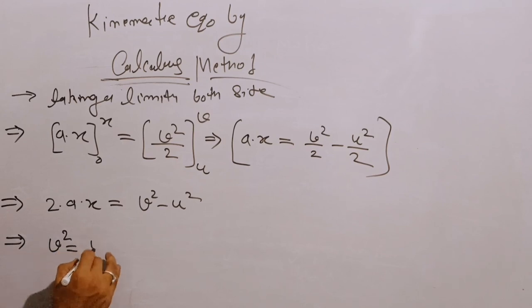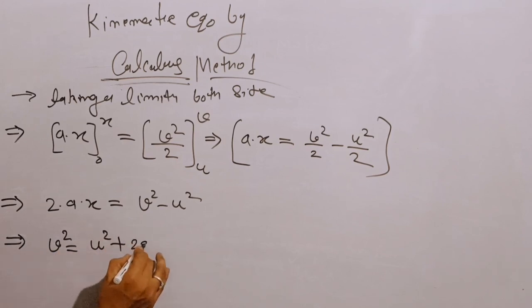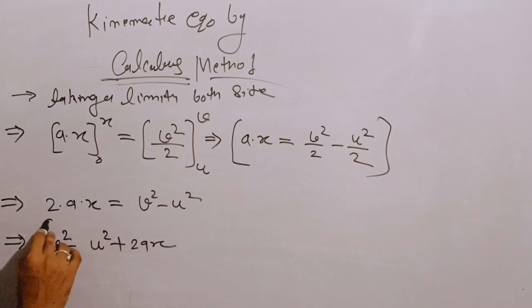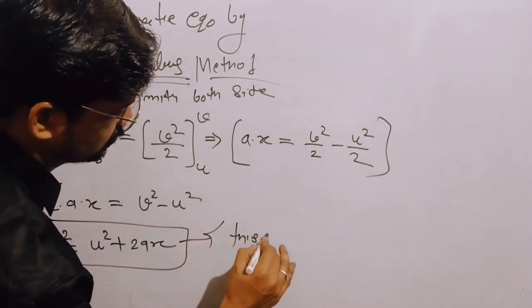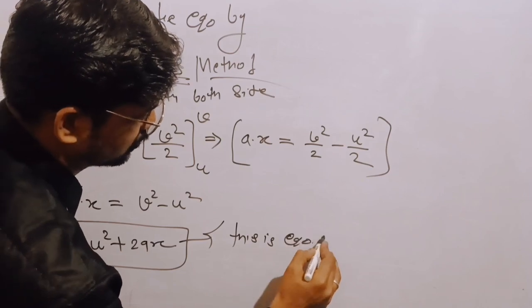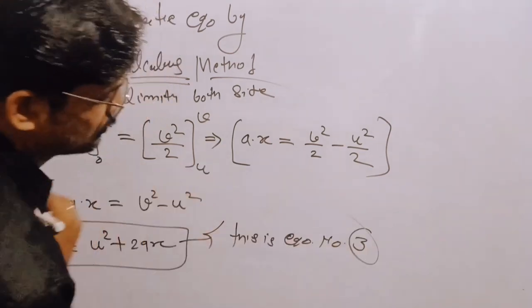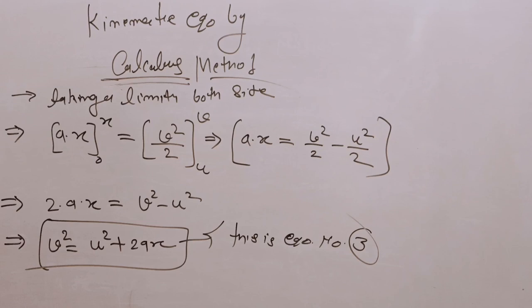So v square is equal to u square plus 2ax. This is the equation number 3, derived by the calculus method. So note down